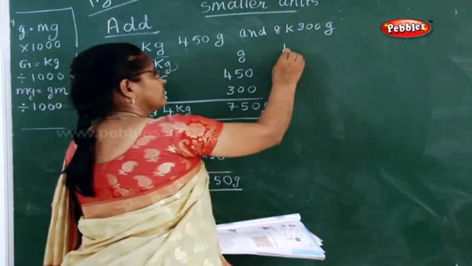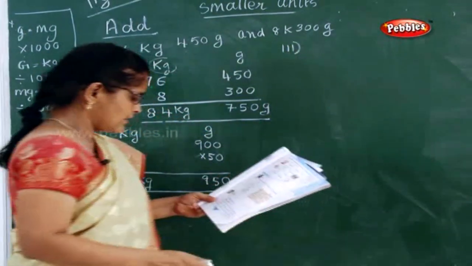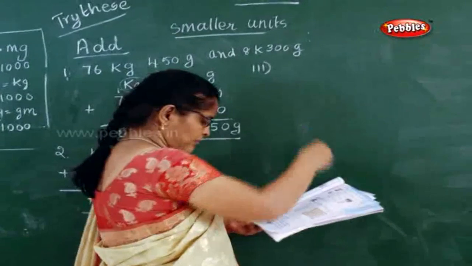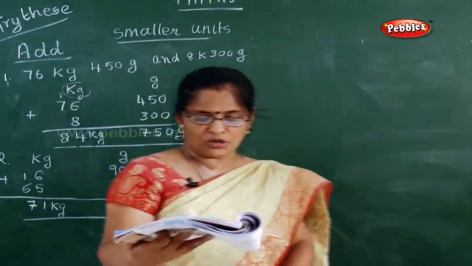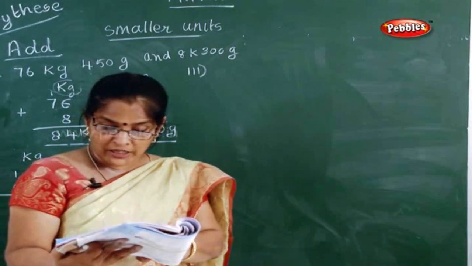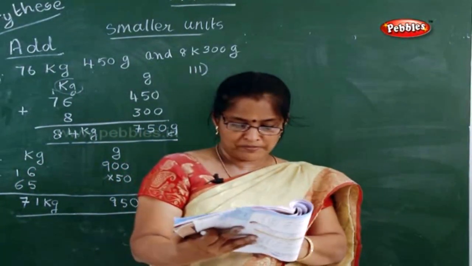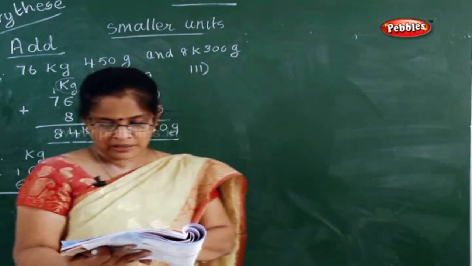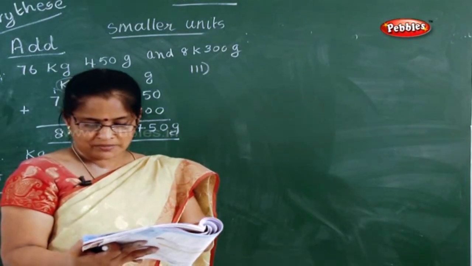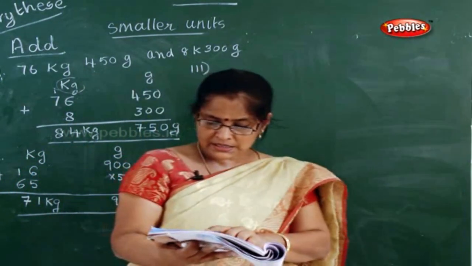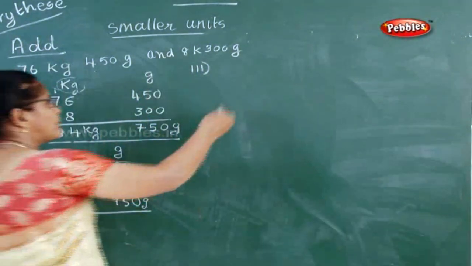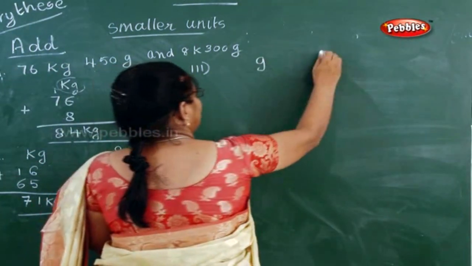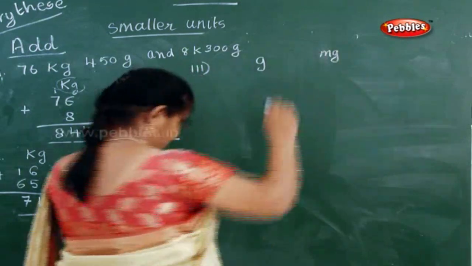Now your third sum. I will see how many can do this. See what is the third sum? They have given us gram and mg. What is the third sum they have given? 50 gram, 600 mg, 45 gram, 750 mg. That is, mg is milligram. 6 gram and 300 mg. Now immediately on the top, what you have to do? Gram and milligram. Very good.